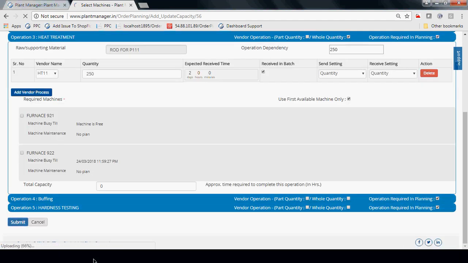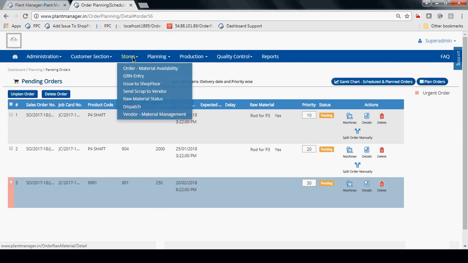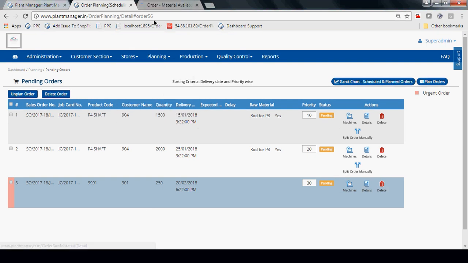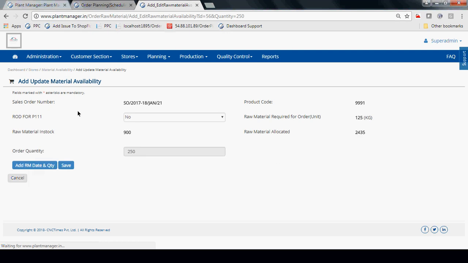So once I do that, I am through with machine selection. Once I have done my machine selection, now I have to do my material planning. So I have to go to stores, go to my order material availability page. Here I will see that particular order, and just when I go to edit, I will see this is my